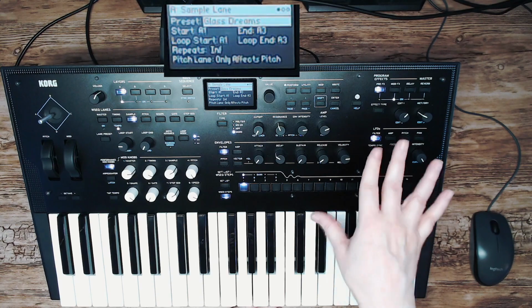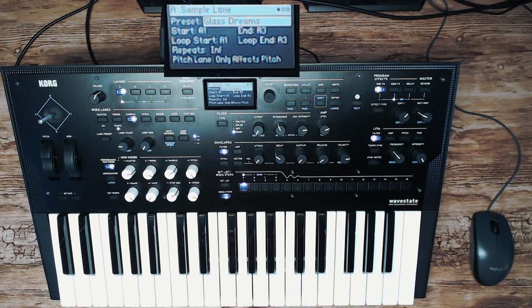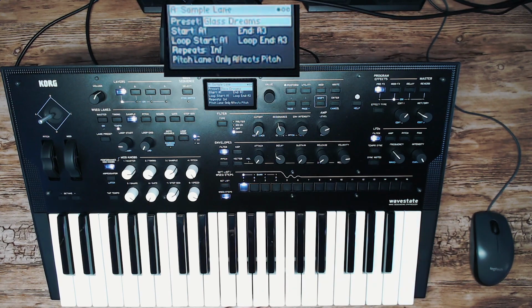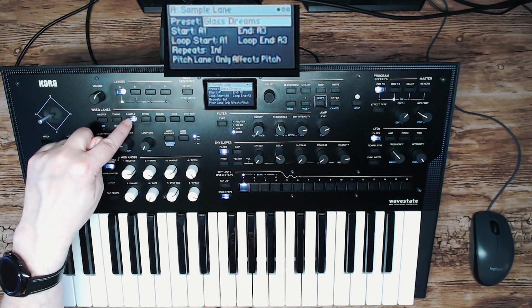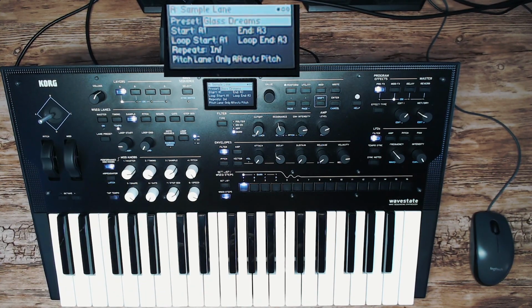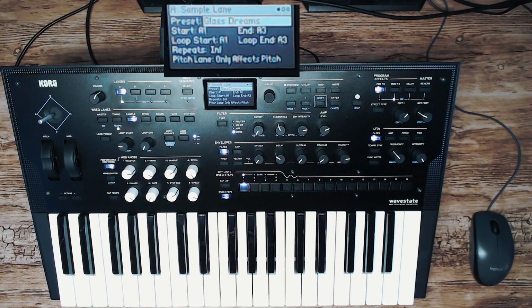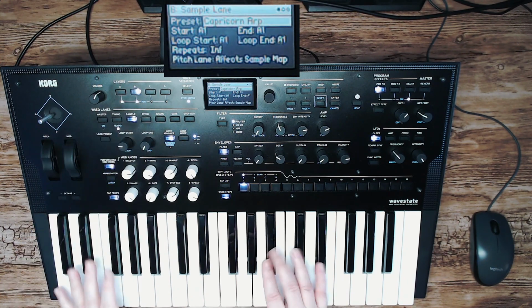So why did we select that program at first and not directly the sample lane? Well, in the program the filter section and the amplitude and the pitch and everything, your synth programming was already done. Only the bass sound that was used, the samples. We changed only the bass samples now, but we kept the character of that specific program. So when we look now,